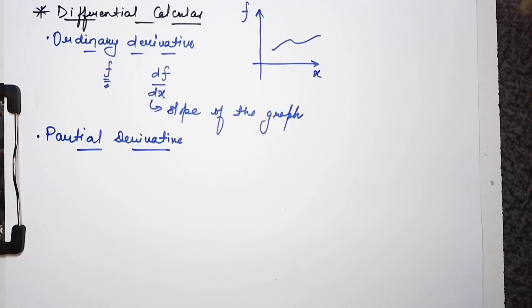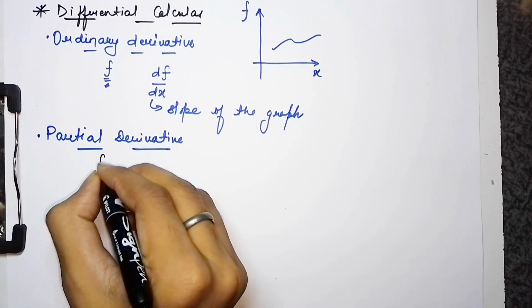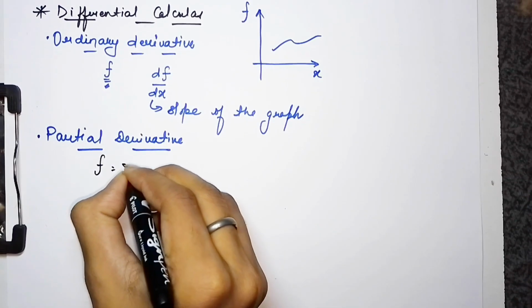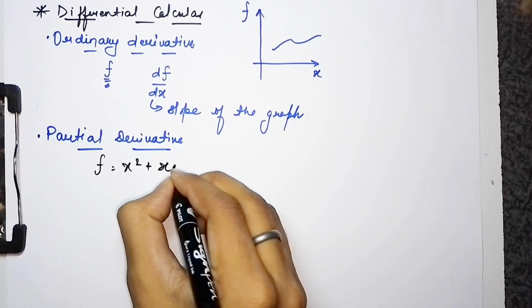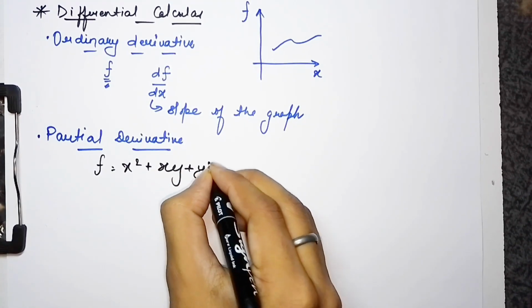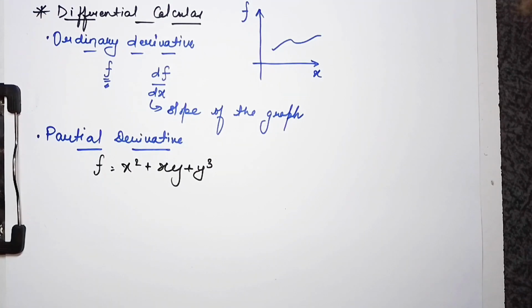Rather, we take the derivative only with respect to some particular variables. Let me give you an example. Let this be function f, which is equal to x square plus xy plus y cube. Now, if somebody asks you to find the partial derivative of this function f with respect to x,